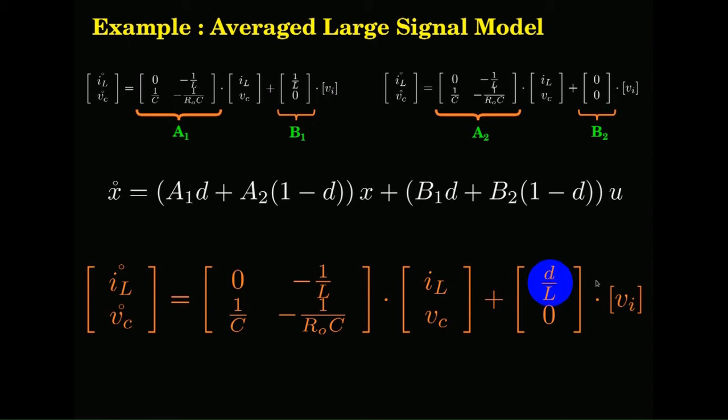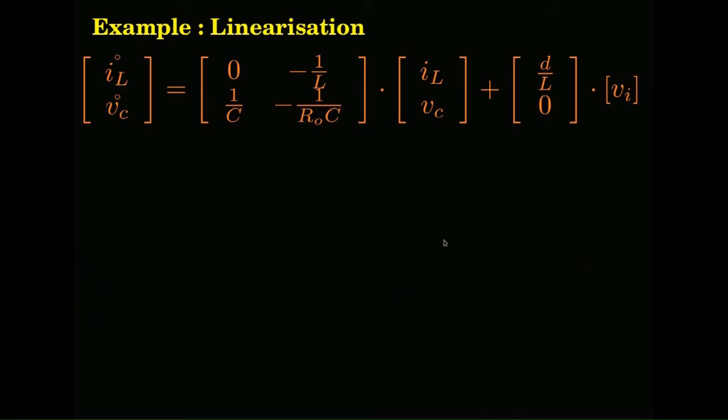Okay. Now here if you see, d is time varying, right? D is not constant, D is not fixed. Of course here also you could have time varying values when you are doing other systems, but in this specific case of the buck converter, this happens to be time invariant, but keep in mind that this can also be time varying. So here this is a time varying matrix, we have to take care of that.